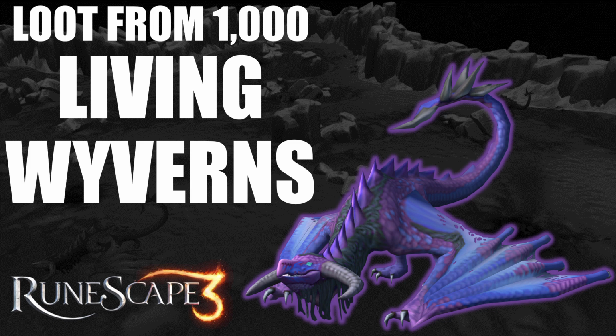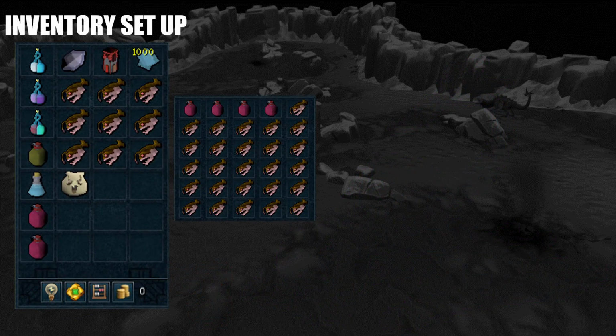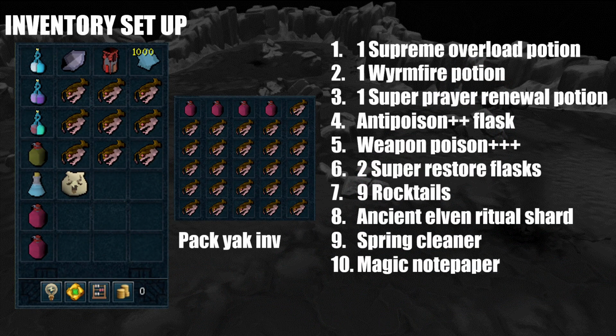But anyways, let's get into the inventory and gear setup and then of course the loot. So for the inventory, I brought supplies for 30-minute trips. I brought one Supreme Overload potion, one Wormfire potion, one Super Prayer Renewal potion, Anti-Poison ++, Weapon Poison +++ for extra damage, 2 Super Restores, 9 Rocktails, Ancient Elven Ritual Shard to sustain my prayer, Spring Cleaner and Magic Notepaper